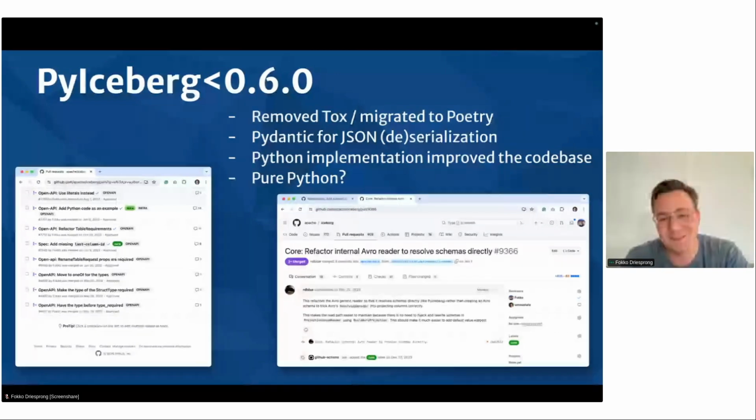Another thing that Ryan also told us is that we did a lot of things in PyIceberg that actually improved the specs. On the left-hand side you see all the changes to the OpenAPI spec that were incorrect, and we noticed this when we started doing the second implementation, because Java was the first one and then we started doing Python, and then you notice all these discrepancies.